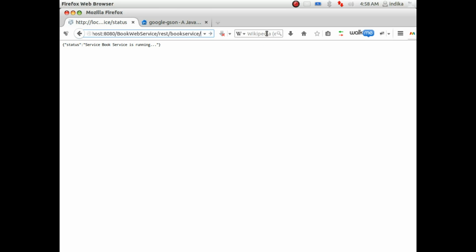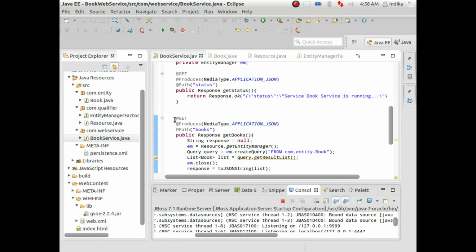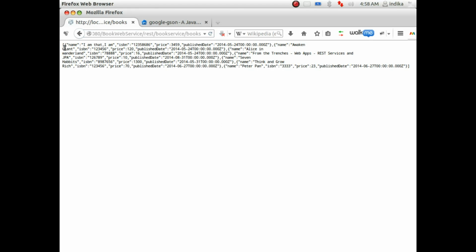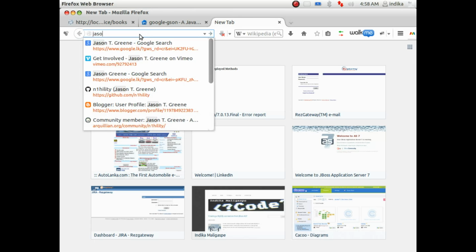and get, as per our controller, books. So I get a list of books. Now these are the books that I have in my database. Can go into JSON Lint,